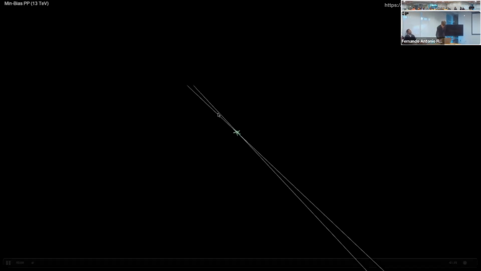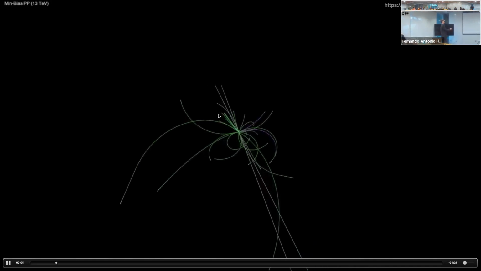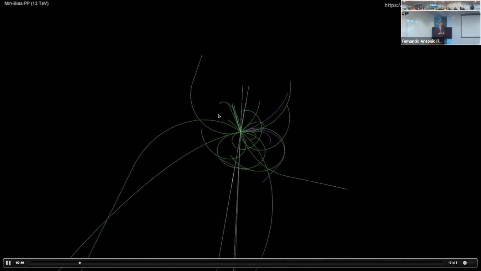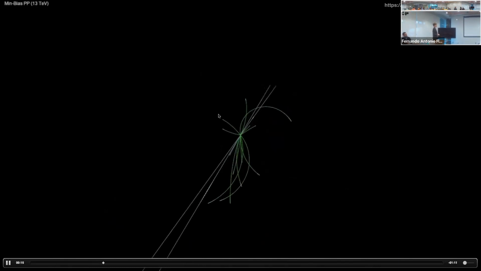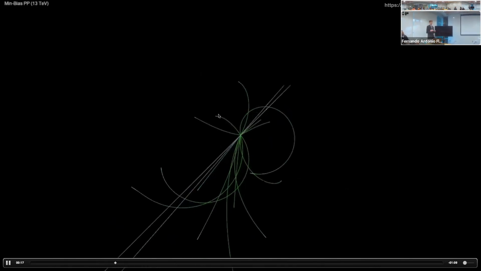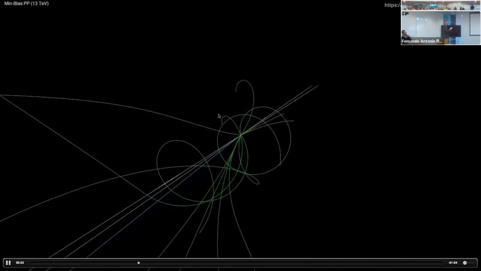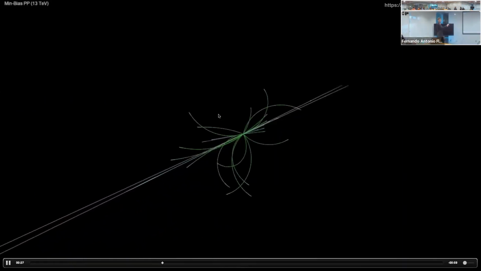These lines here, you can think of as the beam pipes that carry the protons coming in, and you'll see there'll be a collision. From the collision are hadrons that come out, and they go in circular trajectories because there's a magnetic field, and because they have charge, they bend. The time scale of this simulation is slowed down by a factor of about 1 billion. So 1 second in the simulation is actually 1 nanosecond in real life.